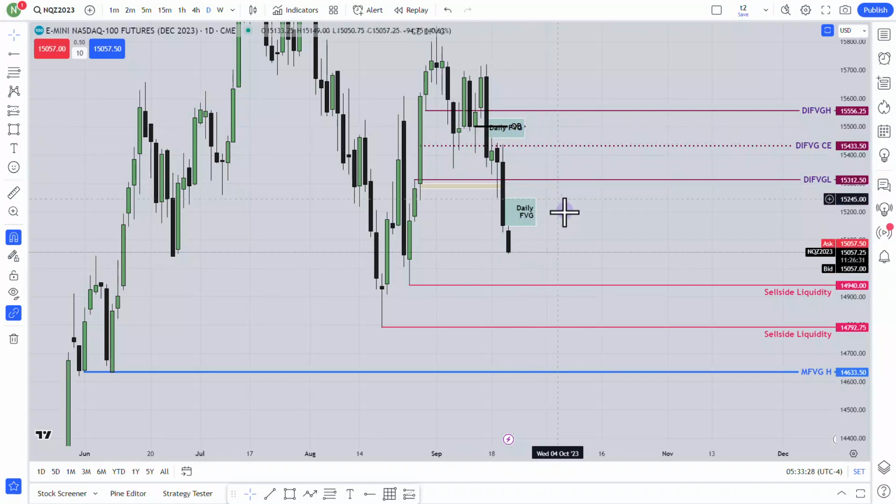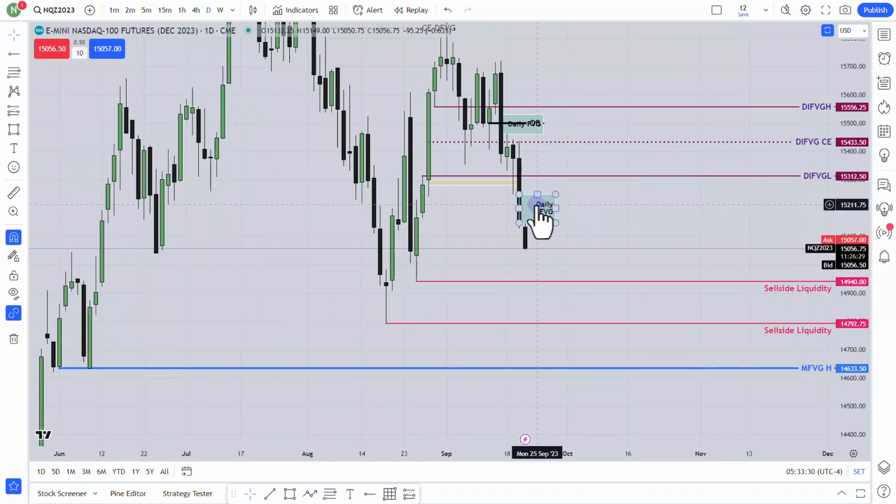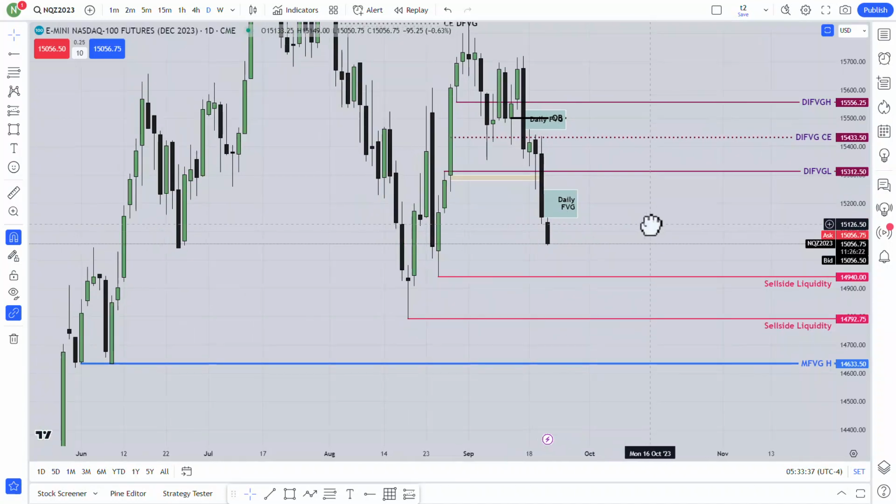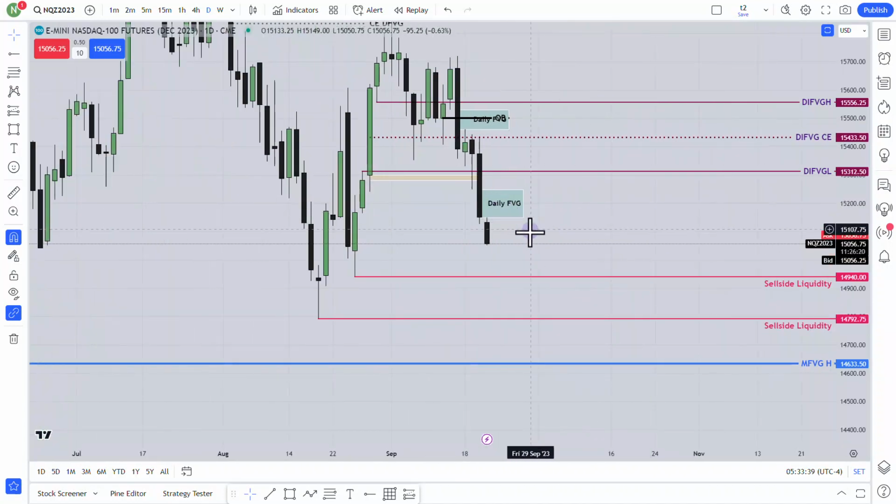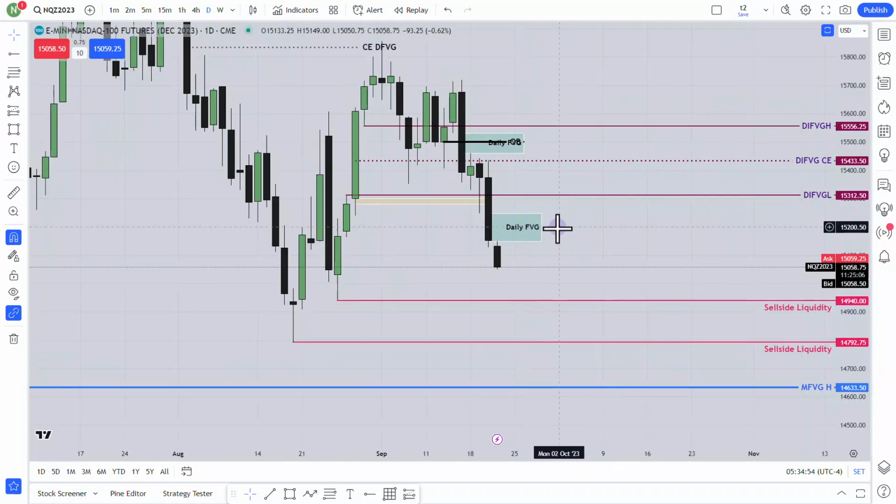What is the rule for entry? If I see the next gap, that will be my entry point. So I have already seen this very nice daily fair value gap. I want to see it traded before clearing the sell side liquidity. So it's not a fair value gap yet. You see this candle high and this candle low, it's not closed yet. So I want price today to stay below over here so that tomorrow it can trade this low fair value gap, and then clear the sell side liquidity.